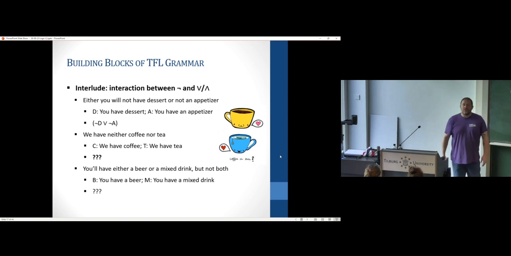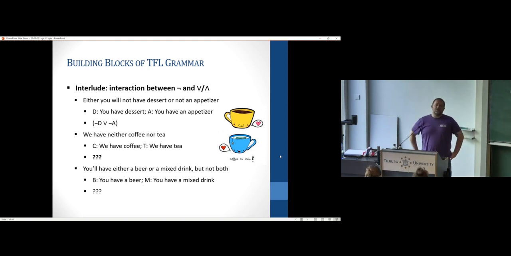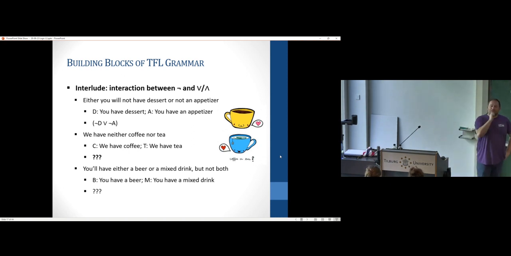If they're both going to let us down, then what must also be false? One of them is showing up. So it's also going to be false that at least one of them is showing up. So how would I say at least one of them is showing up? Or